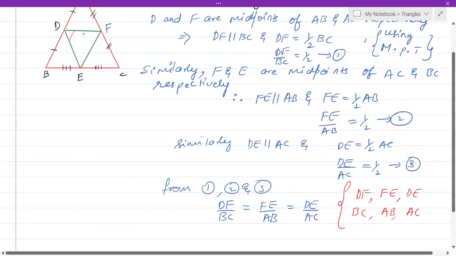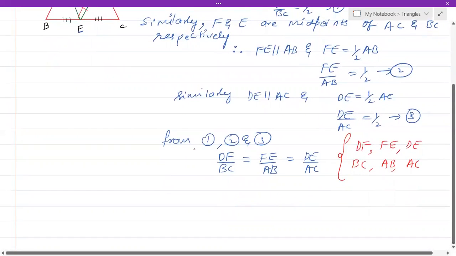DF, FE and EF are the 3 sides of this triangle DEF, which we have shaded. And BC, AB, AC are the 3 sides of the triangle ABC. So what we have got here is, the 3 sides of the triangle DEF and the 3 sides of the triangle ABC are in proportion. Therefore, we can conclude that triangle ABC is similar to triangle